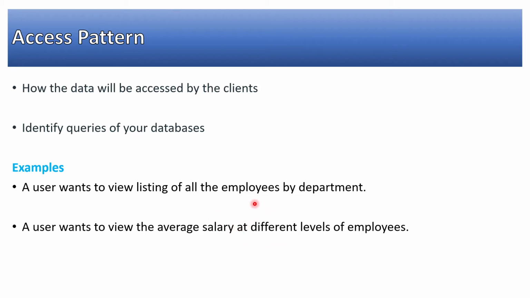Whether embedding will help, whether department ID should be there in the employee document, or employee ID should be there in the department collection, whether we should compute average salary for all the employees, or whether we should have level also within the employee collection, whether we have thousands of levels. All those things we will have to consider. Then only we should start designing the database or schema. So that is one important aspect